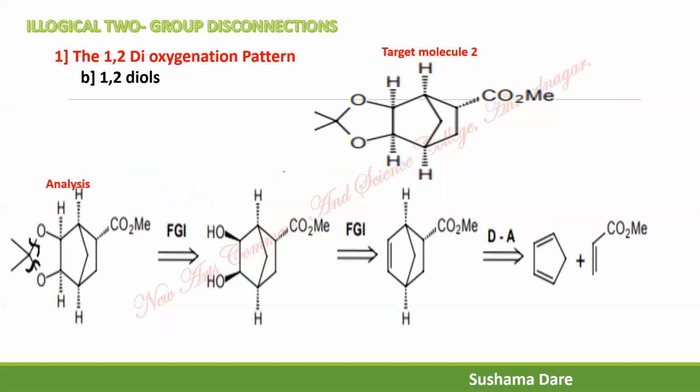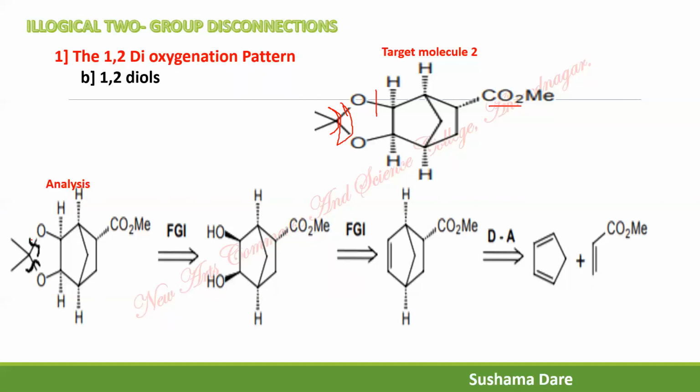Now this is the next example. How many different relations can you see? There is a carbonyl group, there is a carbon-oxygen linkage. So whenever a carbon-heteroatom linkage is there, always first of all, we have to focus on the carbon-oxygen disconnection. Now, the question arises here, whether we have to disconnect this bond or this bond. Which bond do we have to consider first of all? So this bond we have to consider because this is a symmetric bond, and that means it is the protection of the hydroxy by a group, protection of the 1,2-diol by using acetone.